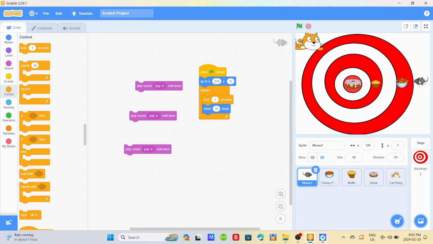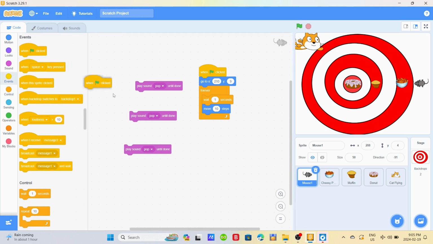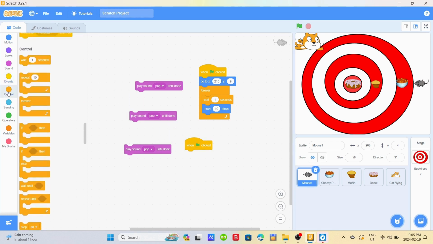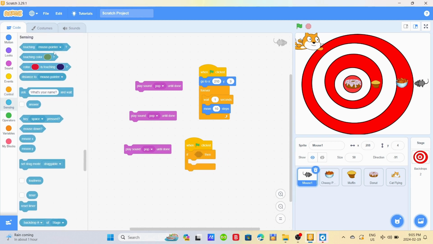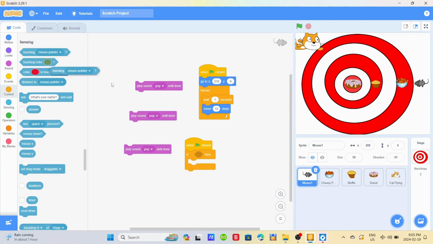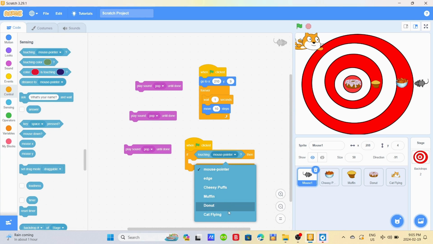Okay, so now we'll just drag this dude back here and drag another when flag clicked and go into the control section and drag if then block. Okay, now we'll go in sensing and drag touching mouse pointer. Okay, now we will click. Let's click the cheese puffs for now. Okay, if touching cheese puffs, then